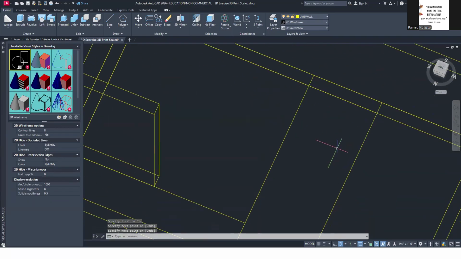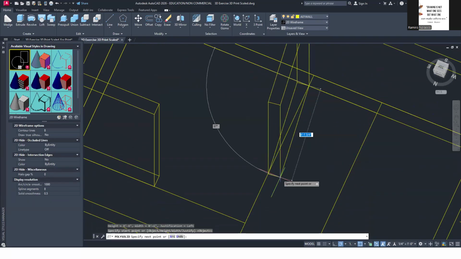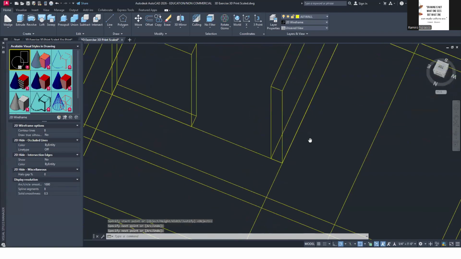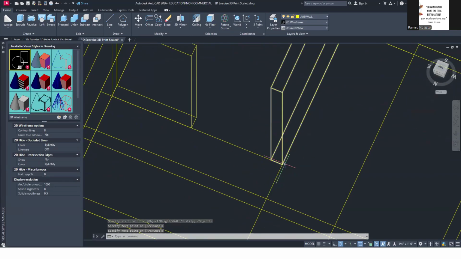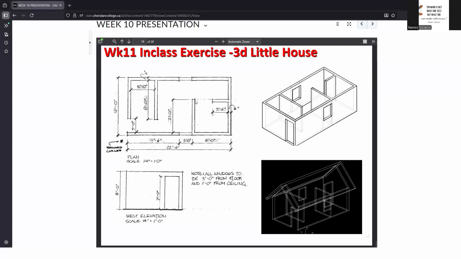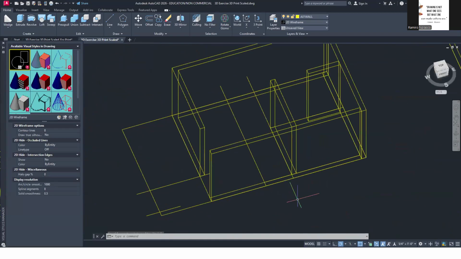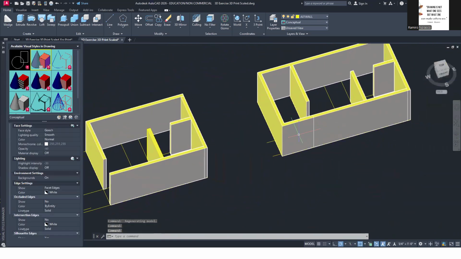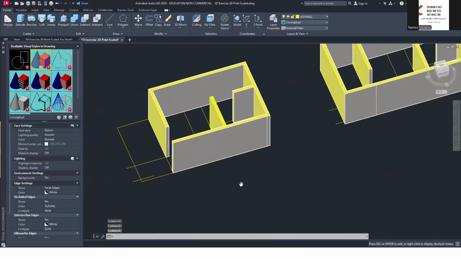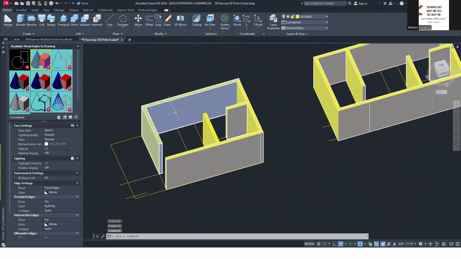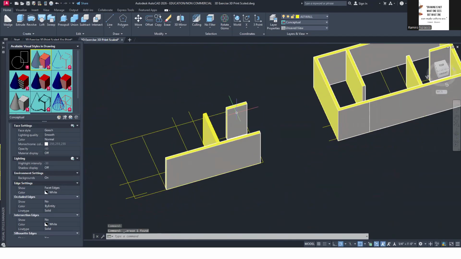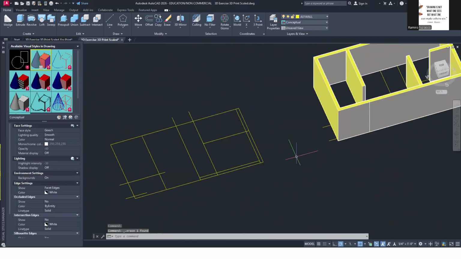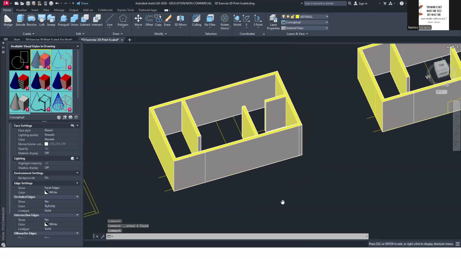And then I can do now my polysolid. Polysolid starting there and then going here. So again, you have to be cognizant where your wall is going, to the left or to the right, based on your floor plan drawing. So once I've done that, I can go back to my shaded view. I deleted this part, right? So let me just delete all of this. I just showed you how I created my polysolid, and that's what I have right now.